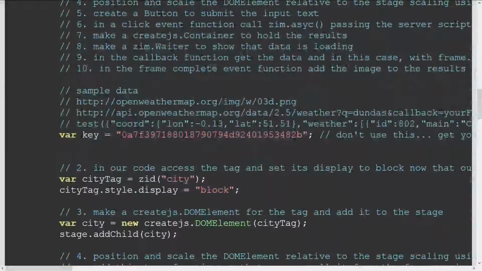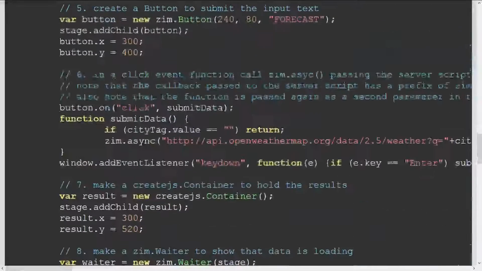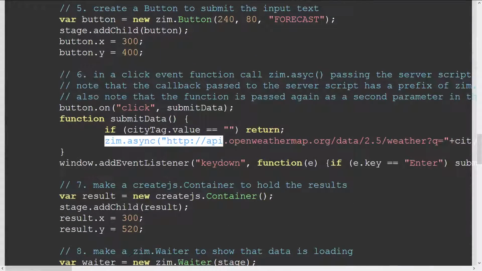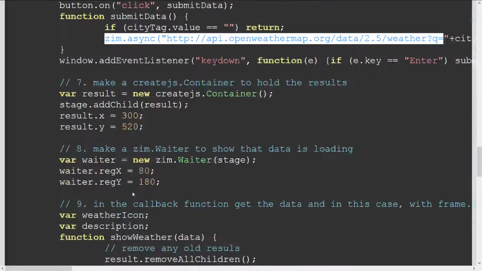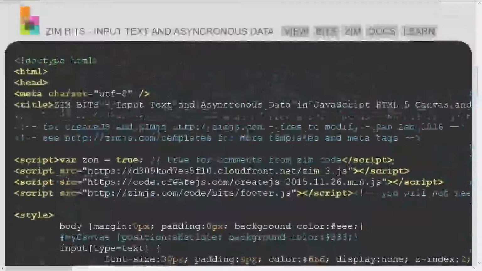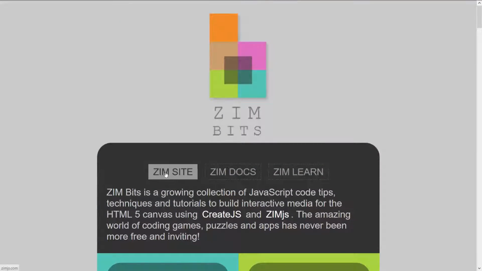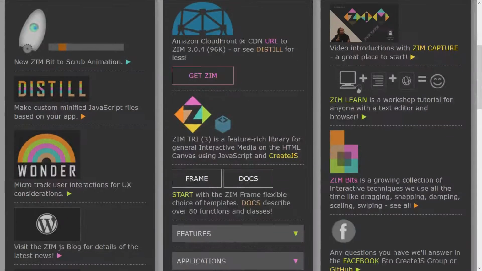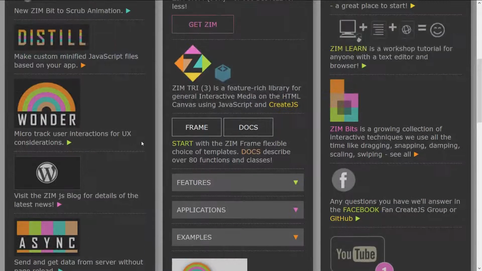And down in here we've got a call somewhere. When we press the button, we're calling ZIM async and saying where we're going. And then we've got an event that happens when that weather loads, and we can get the information that got sent back to us. Okay, so that was Distill, Wonder, and Async as the 3 new features in ZIM Try, amongst a whole host